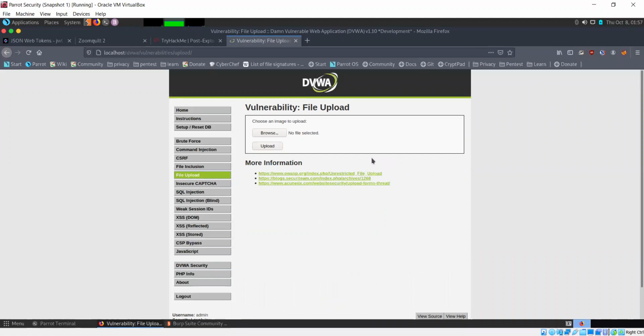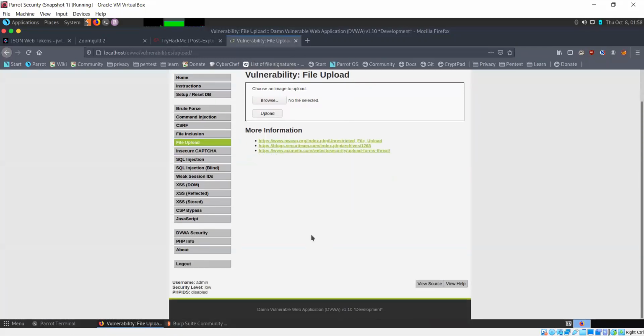There are a lot of websites, there are a lot of cases where you need to upload something on a website. For example, let's say you're filling a form, you need to upload your photo, you need to upload some document, and you have these kind of things. In this case, it's saying that you need to choose an image to upload. So technically, it should only be possible for you to upload images there, image files.